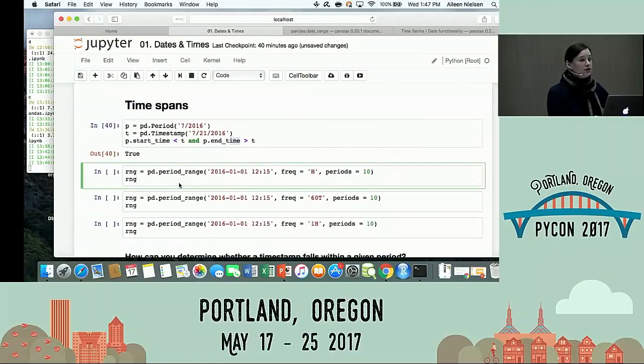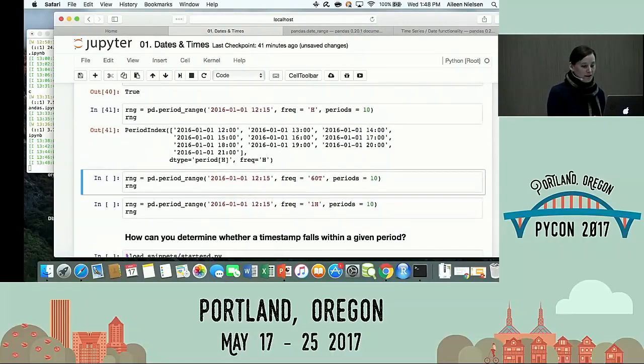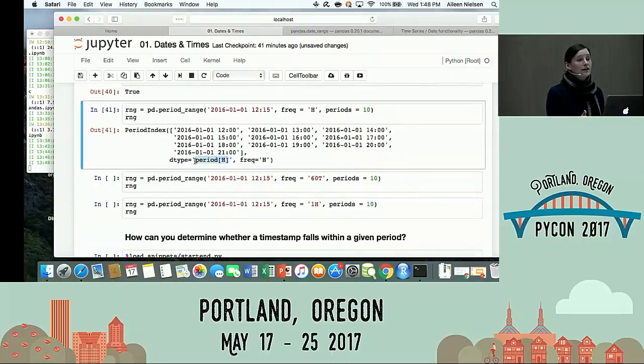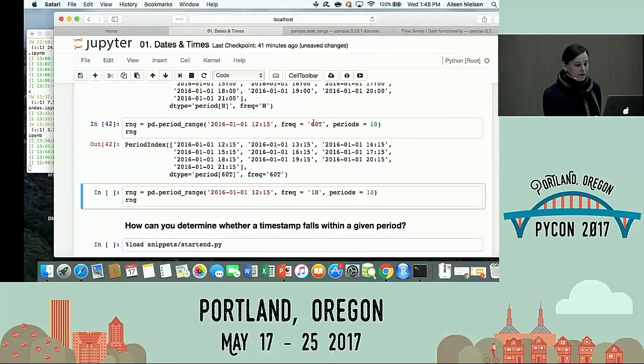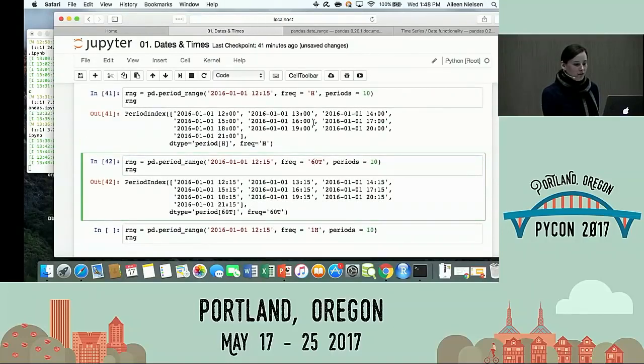Just like I have date ranges, I've got period ranges. A lot of the stuff that's built in Pandas is there because it's going to assume you want to index data by time. So all sorts of things are built ready to be indices. So here I've got PD.period_range. We'll start from the 1st of 2016 at 12:15. I want an hourly frequency, 10 periods. Here are my periods, right? So how do you know it's a period and not a date range? Well, it says period. Otherwise, it looks very similar, right? They play nice in exactly the same way. I've got my frequency. It lists it out in this very human-readable format, etc. I can also do 60T, right? That's just 60 minutes. And what do you notice is different here?